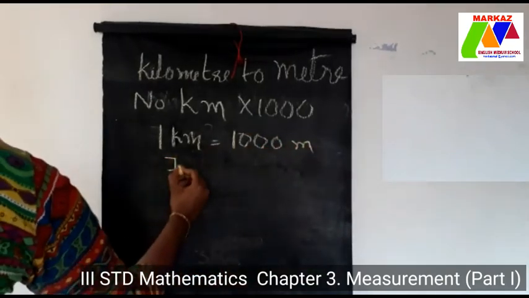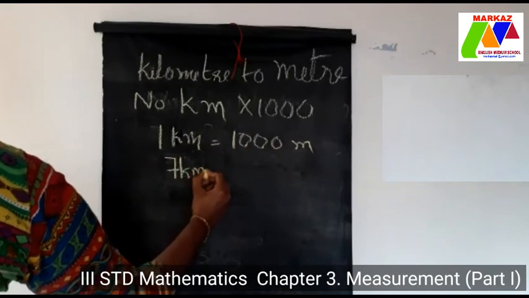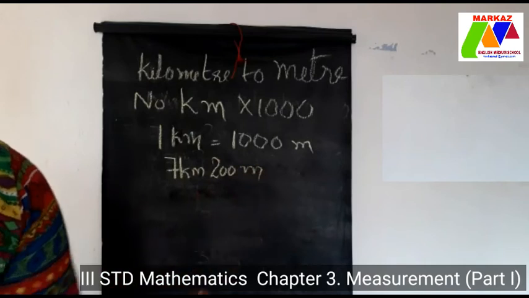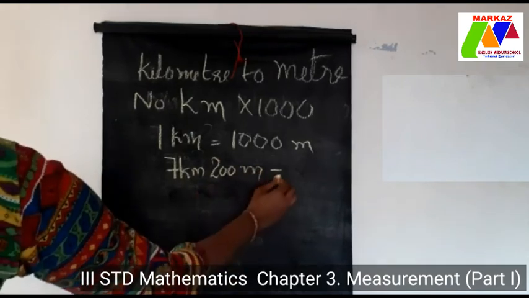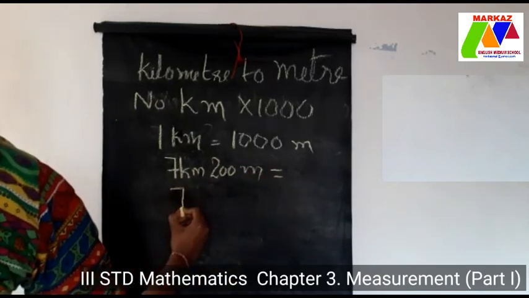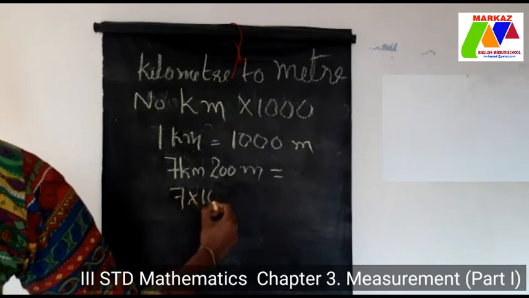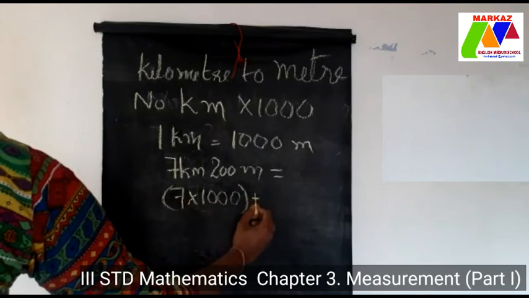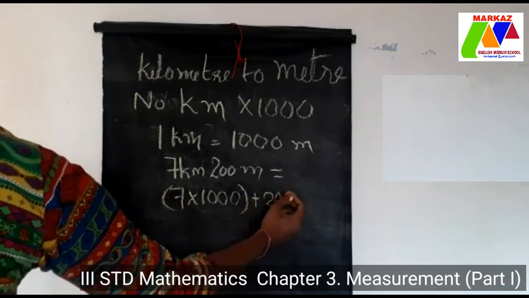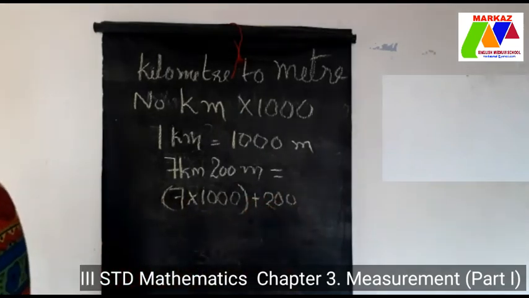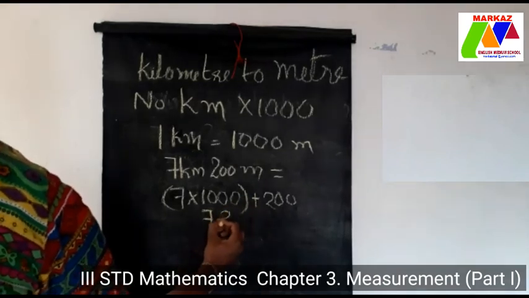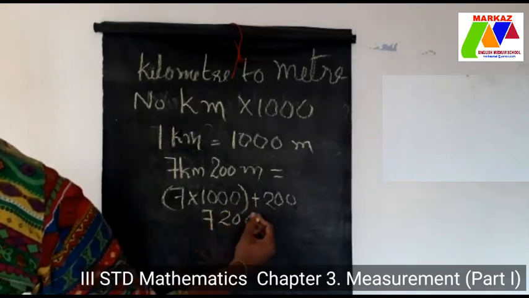So 7 kilometer plus 200 meter is equal to, let us solve this. 7 into 1000 plus that 200. Okay. So the answer is 7200